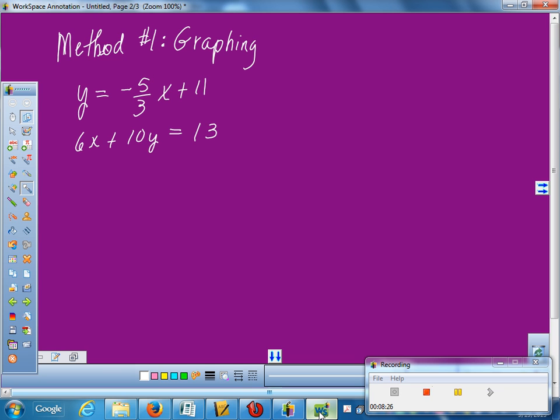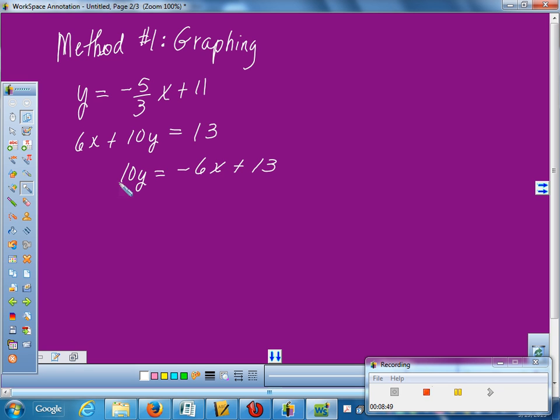If I'm going to want to graph these on my calculator, are they in the proper form that I can enter them in my calculator to graph? Yeah, the bottom one, what do I need to do to it? Yeah, you need a slope-intercept form. You need it y equals. So we might as well rearrange the second one now. I need to get it solved for y, which means I'm doing what with 6x? Yeah, I'm going to subtract 6x. And then I need to